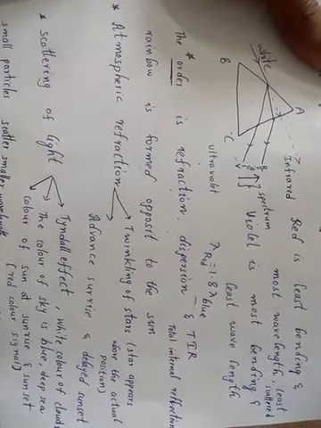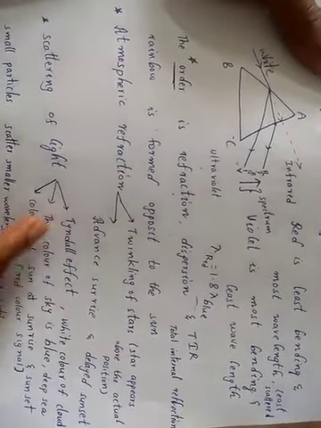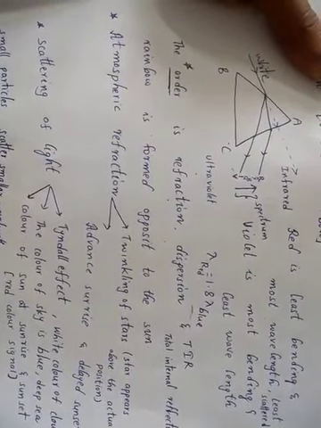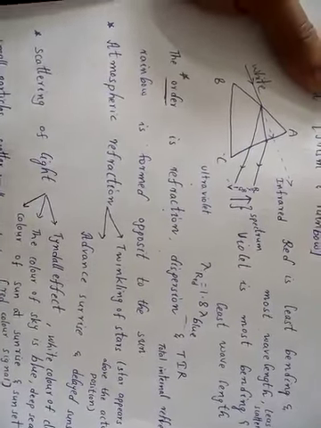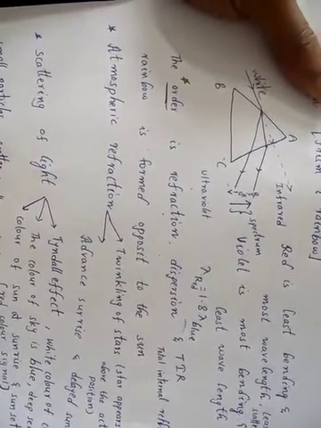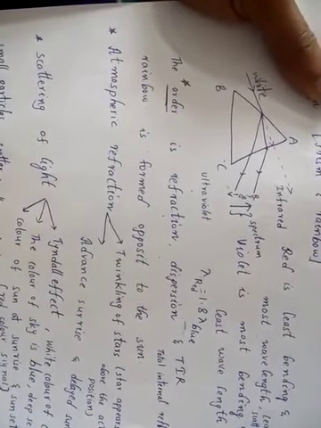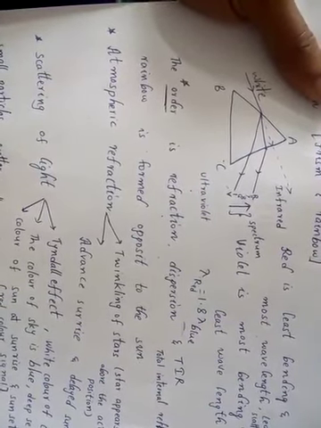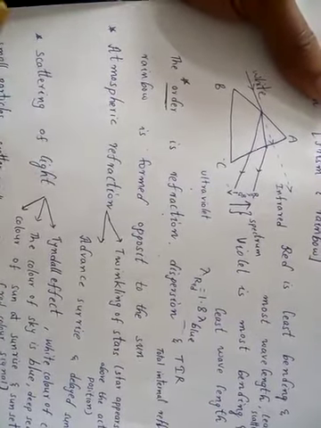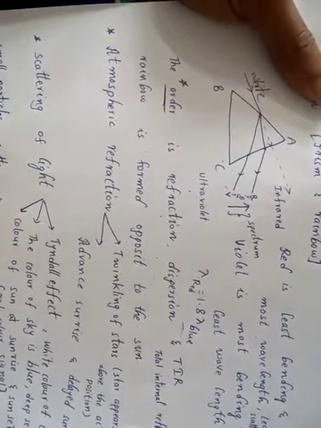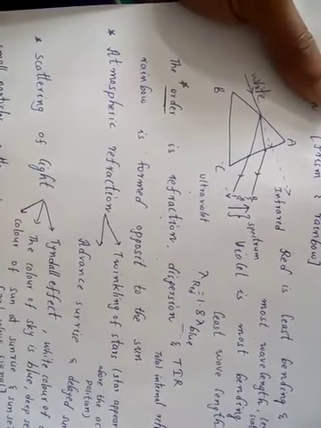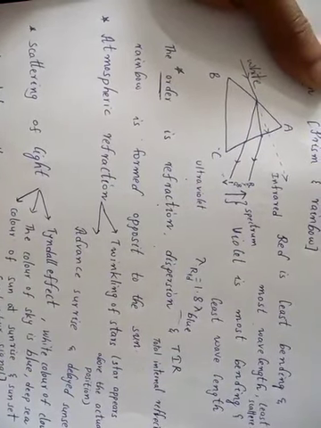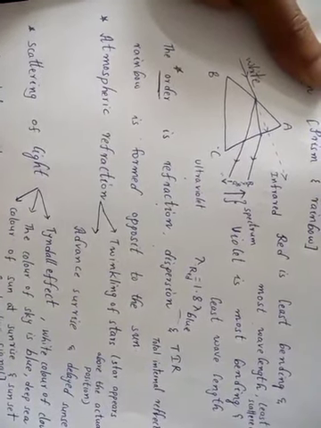So the Tyndall effect means that when light is falling on colloidal particles, they scatter the light into different directions. For example, when you open your door in the morning, if the door is on the east side, and you open it, or a small gap, when the light is falling, you can see the dust particles. Those particles are called colloidal particles, and this effect we know as the Tyndall effect.